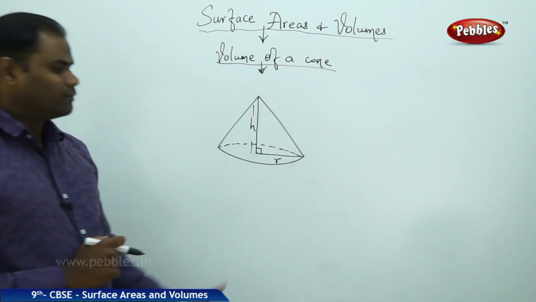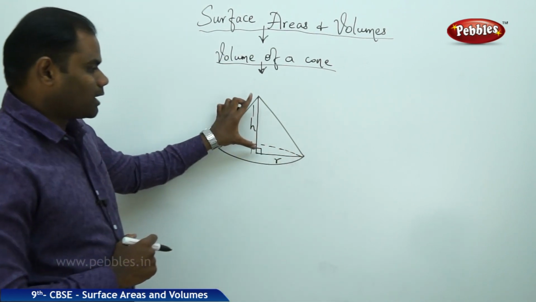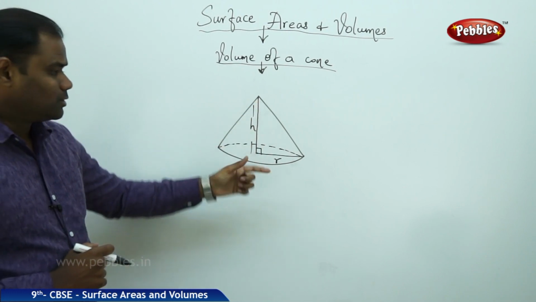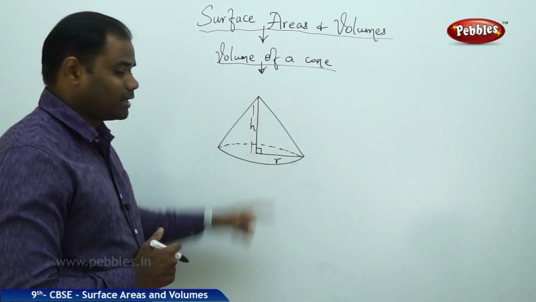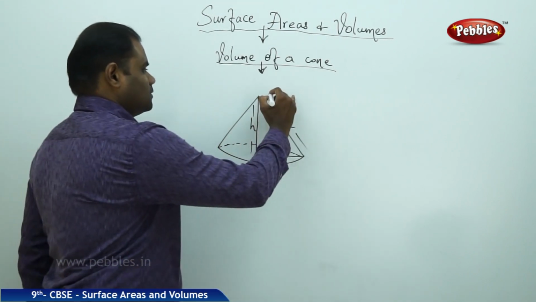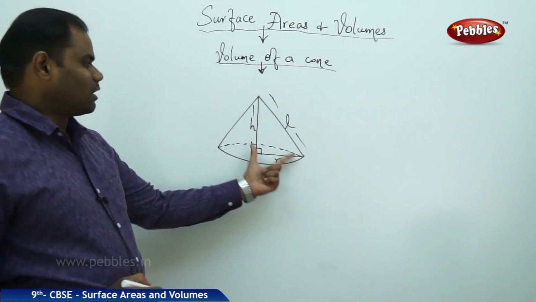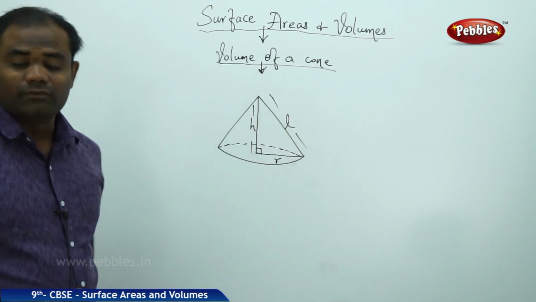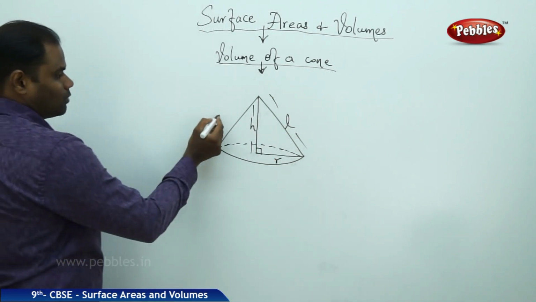So in a cone, we define this to be radius and this to be height. And using the dimensions of radius and height, of course, we have a slant height denoted by L. So by using the dimensions of R, H and L, we can define the volume of a cone, which is